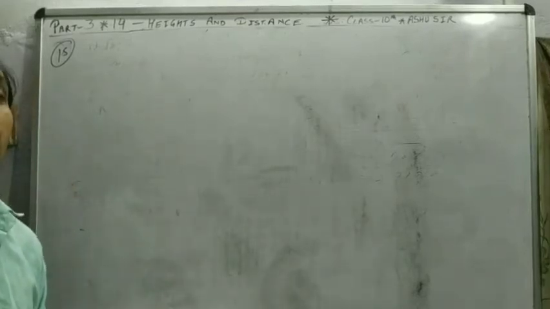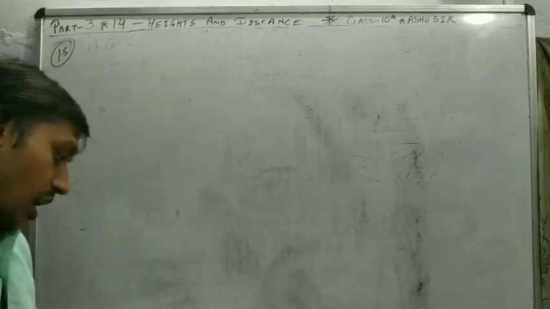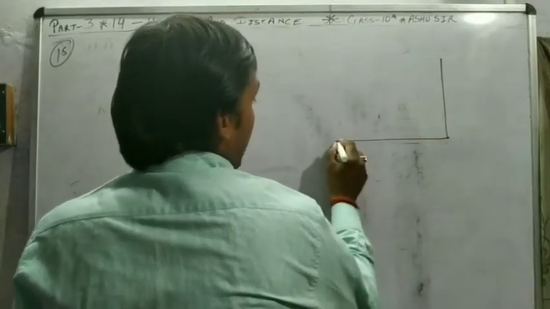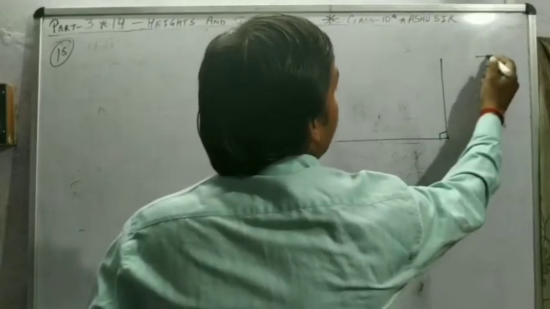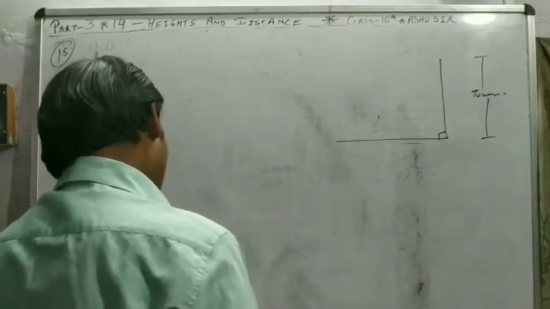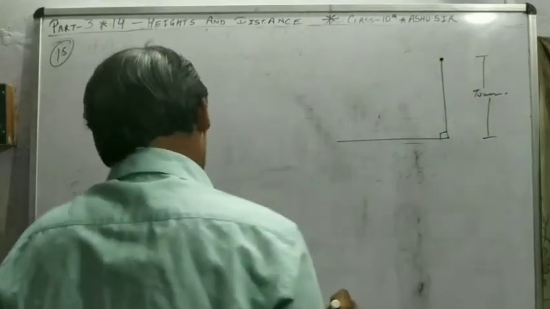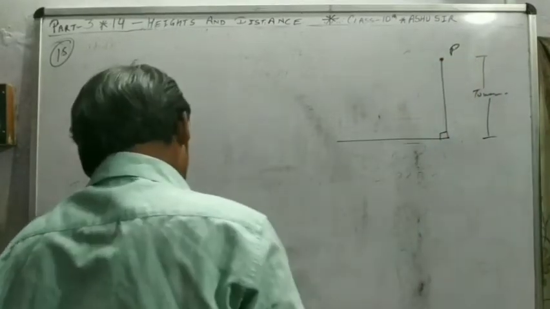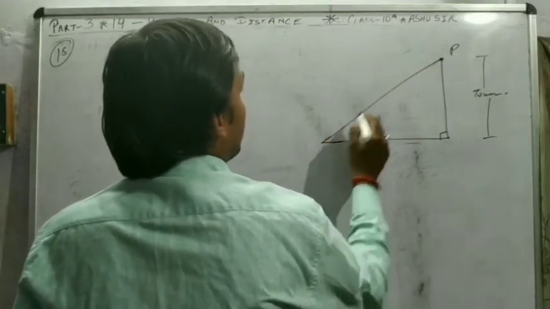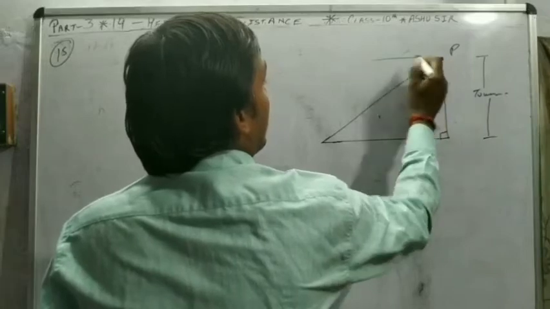This question comes 2-3 times in the board examination in Delhi, and it is a very unique question, and we solve this question in a unique process, different from the books. So what's in it? A straight highway is reaching the foot of a tower, this is the highway and this is the tower. A man is standing on the top of the tower. The man is standing here. Angle of depression of 30 degree. At that time the car makes an angle of depression of 30 degree.